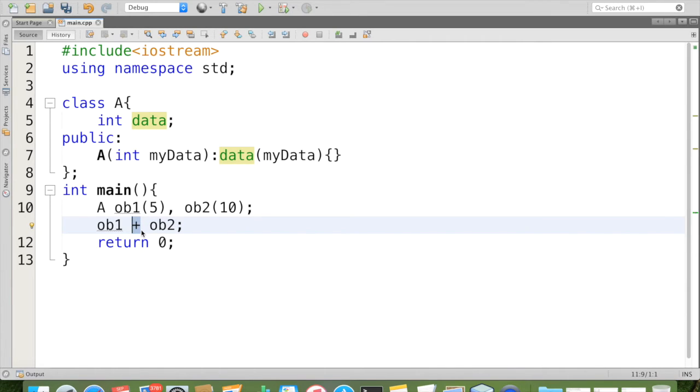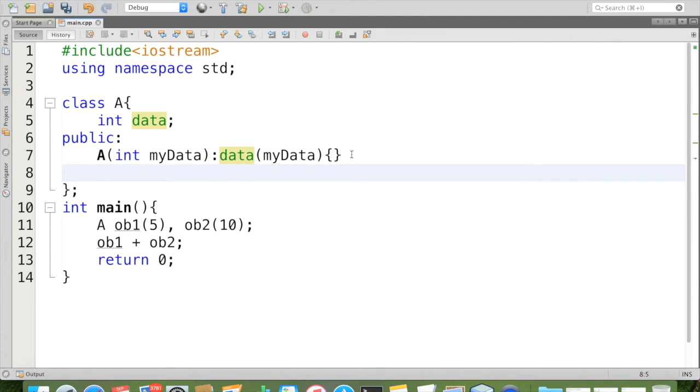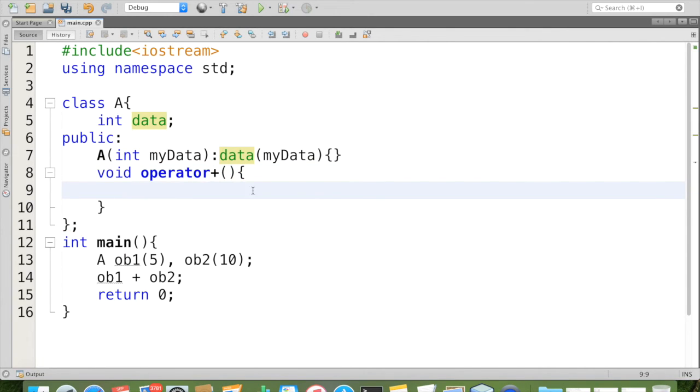So how can it be done? For that, again the same syntax that we applied for unary operator overloading: some return type. Let us go ahead with void. We will see the importance of void and non-void a little later. So void, the function name must be operator, that is a keyword, followed by which operator you want to overload, that is, we want to give extra meaning to plus. So put that plus, then a set of parentheses and a set of braces.